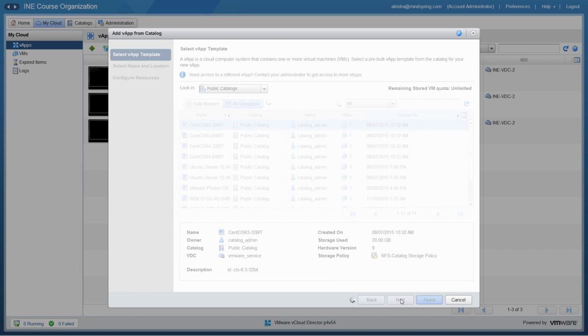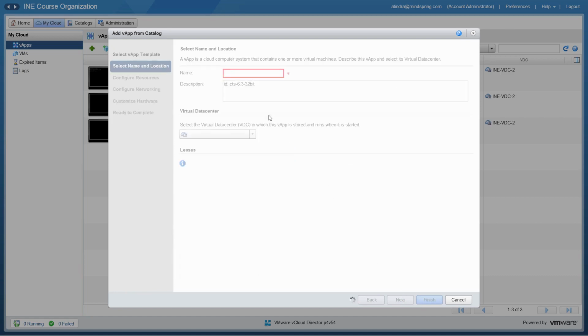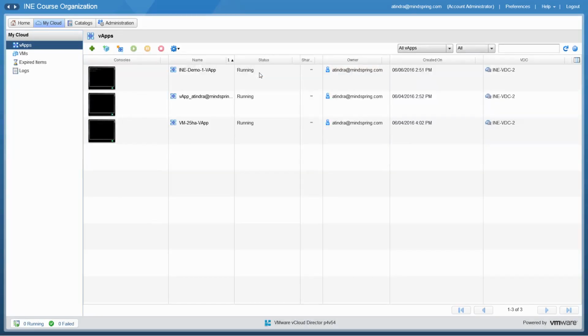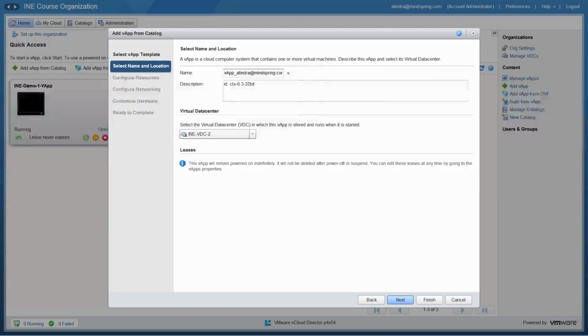Anyway, let's look at next. And when you do that, it's going to ask you for a name. A vApp is a cloud computer system that uses one or more virtual machines. So we're going to call it INE. Sometimes the interface acts interestingly. It just took a couple of seconds, but it populated a name in there. I obviously want to change this name. I will call it INE